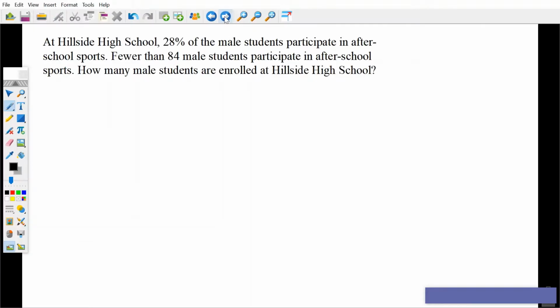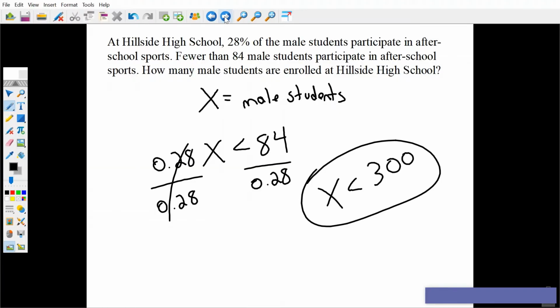Let's do this one. At Hillside High School, 28% of the male students participate in after-school sports. Fewer than 84 male students participate in after-school sports. How many male students are enrolled at Hillside High School? So x equals male students, as that is what we're looking for. It says 28% of the male students participate in after-school sports. So